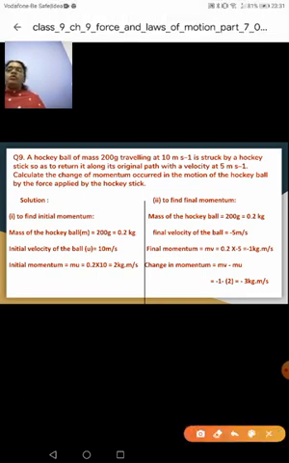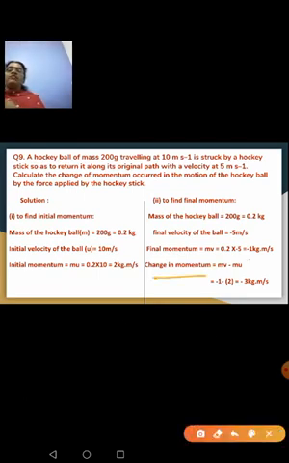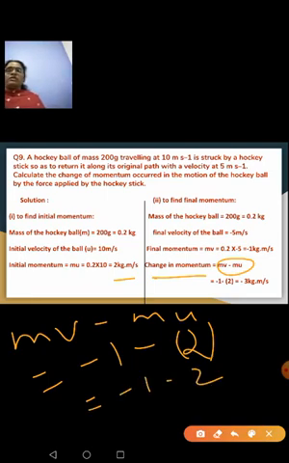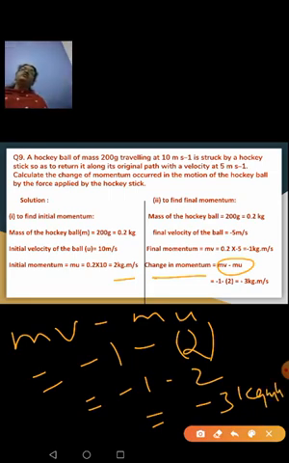Now the question is to find the change in momentum. Change in momentum formula is mv minus mu. What is your mv? I have calculated that as minus 1, minus mu. Mu we have calculated as 2. This is a positive 2. But when I open the bracket, it is minus 1 minus 2. When two numbers have the same sign, add and put the greater number's sign. 2 plus 1 is 3. The greater number has a negative sign. So it is minus 3 kilogram meter per second, the change in momentum after the ball is hit by the hockey stick. Clear to you?